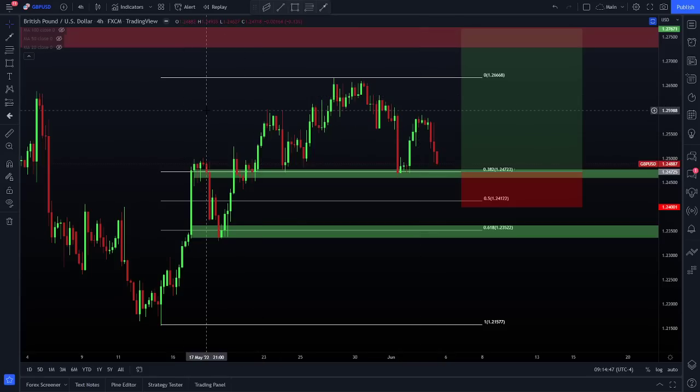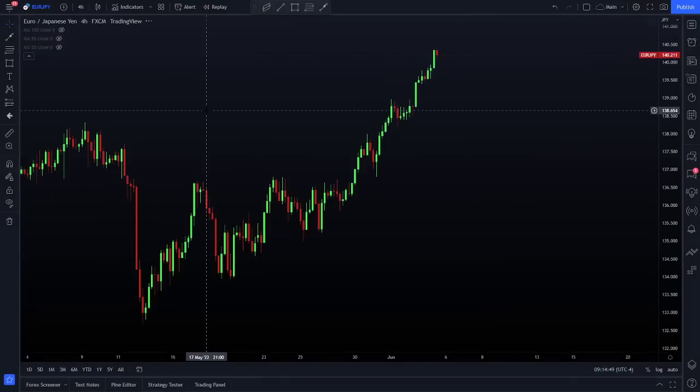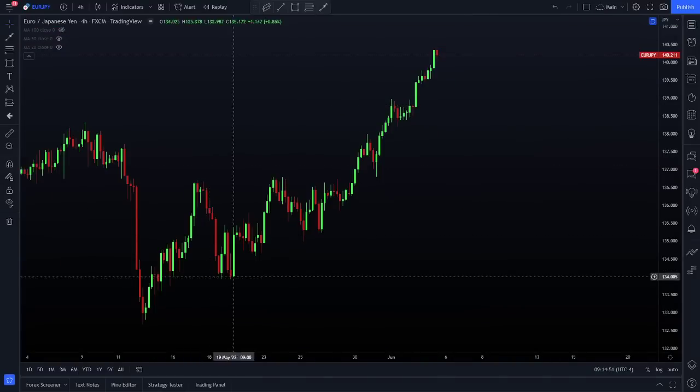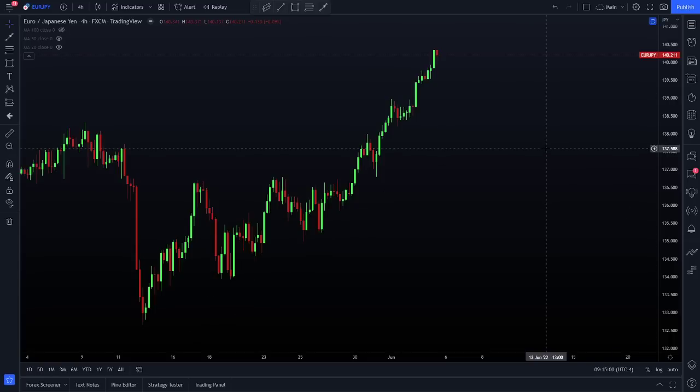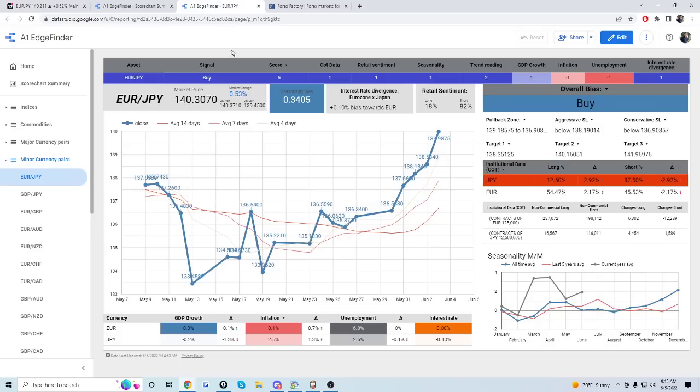For example, we could pull up Euro Yen here in a second. And let's pull it up on the chart as well so we can get an idea. So Euro Yen, calling it for more buys. In fact, this was an idea last week, yen weakness and looking for things like CAD yen and Euro Yen longs. That has played out really well so far. We'll see if we can get some sort of pullback.